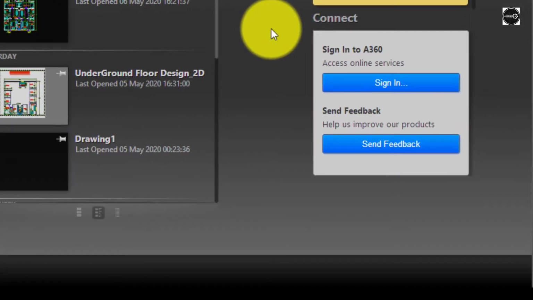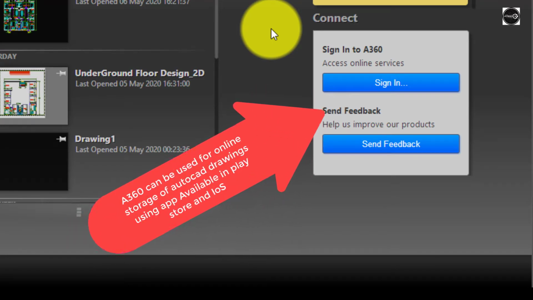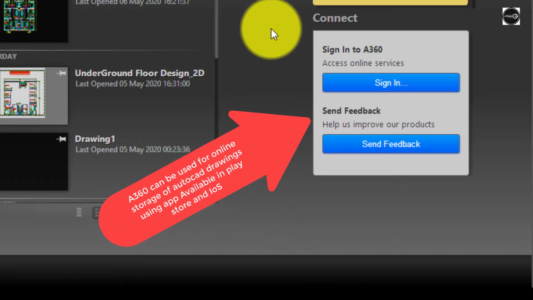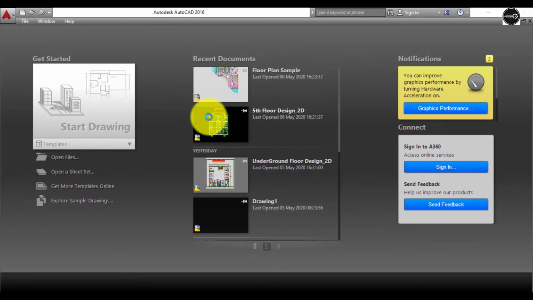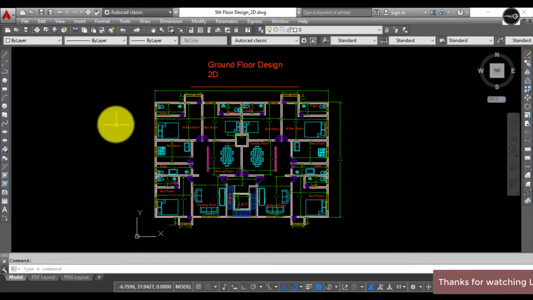A360 is nothing but the Autodesk 360 online app available for iOS and Android users. If you want to store the data online, that is the data of our drawing, then we can use the Autodesk 360 app. Also we can open the recent documents. Suppose I want to open the drawing of the 5th floor, I will double click and I can see my drawing of the 5th floor.